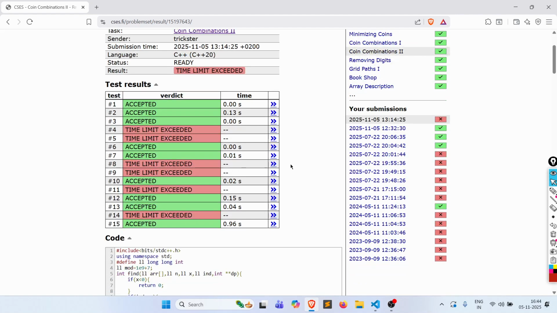So guys, as you can see, we are getting time limit exceeded, although our solution is right, but obviously a recursive solution is sometimes slower than the tabulation one. So okay,